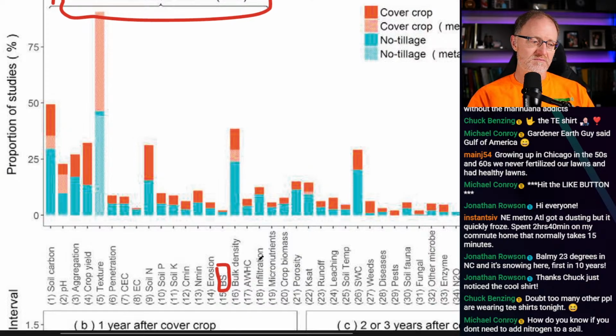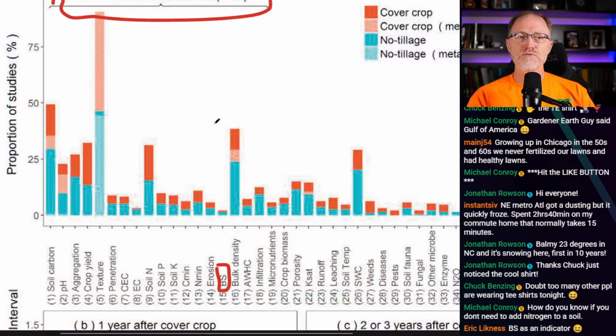What is BS? No, any jokes, you can just put them in the comments. BS is base cation saturation. And you'll see it's the lowest used, less than probably 2% of the studies included BS, base saturation, in their studies. And the committee endorsed that. And I have shown, I don't know how many papers, someone can go back and look at it, dozens of papers indicating why base cation saturation is BS and it shouldn't be used.